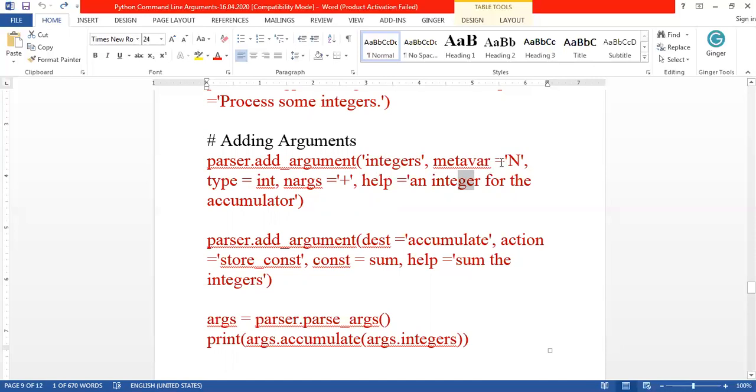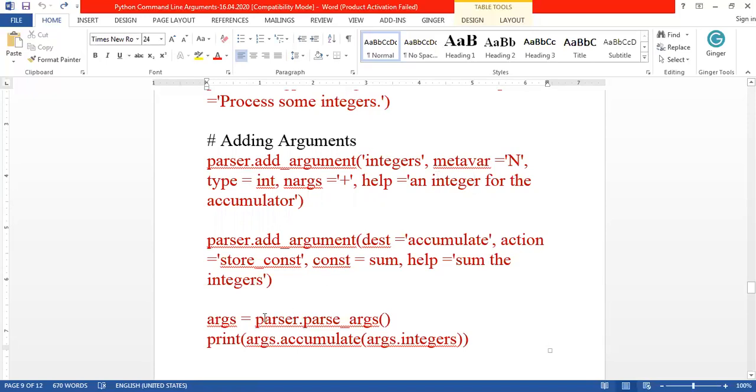Based on this information, it will check whether the command line arguments given at runtime are correct or not. For example, instead of integers, if I am passing a float, then this will show the message as an integer for the accumulator. Or if I am giving a string or a character, then it will show the message.